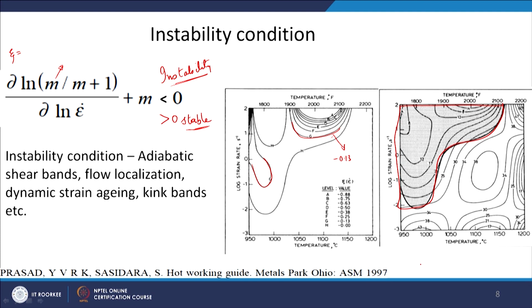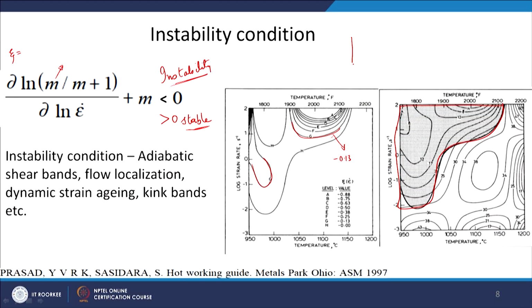It may be possible that you have a high efficiency contour here, but we should not do any processing in this shaded region, because that high efficiency may be occurring because of the presence of some defects or some instability in the material. We have already seen, when we were developing the constitutive equation, how you can get these parameters, so I hope you will be able to do these calculations without any problem.